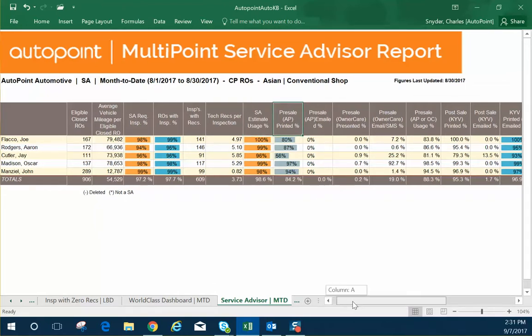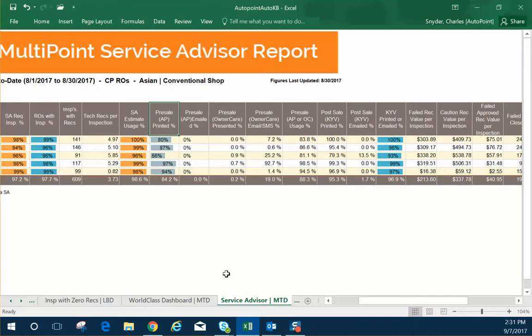Pre-sale action plan printed percentage. This will just let you know when the advisor has generated an action plan for a client and printed it out. Obviously the emailed action plan will give you metrics here for when they utilize the emailed action plan, but